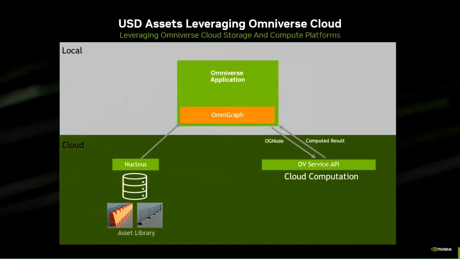Cool. And this workflow also enables a cloud representation. So the asset library that you have defined can be held in cloud and in Nucleus. And you can pull these asset representations in your local session in Omniverse and build these graphs and also kick the computation to the cloud as well with the Omniverse services. So this allows you to use the cloud for both the storage and the computation, but keep the services on your